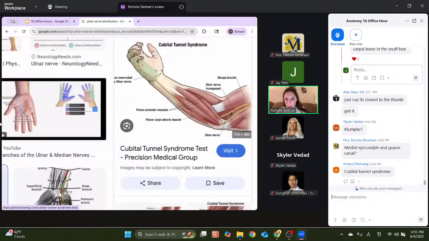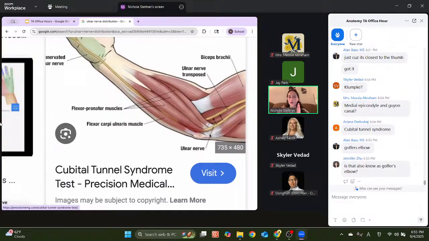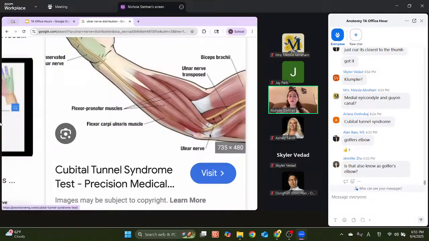So, cubital tunnel syndrome. Zooming in, it is the medial side of your elbow. That is where the cubital tunnel is. But that is not to be confused with medial epicondylitis, because medial epicondylitis is basically the opposite of tennis elbow, lateral epicondylitis, and that is a tendon problem. We can talk about that in a bit if we want, but cubital tunnel will be from